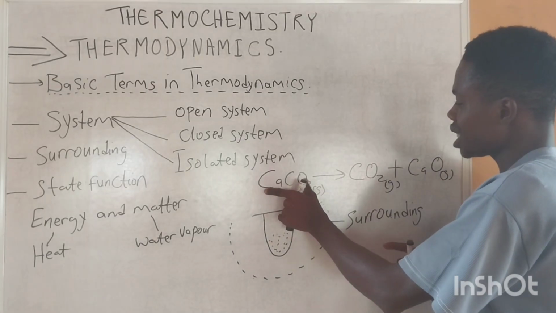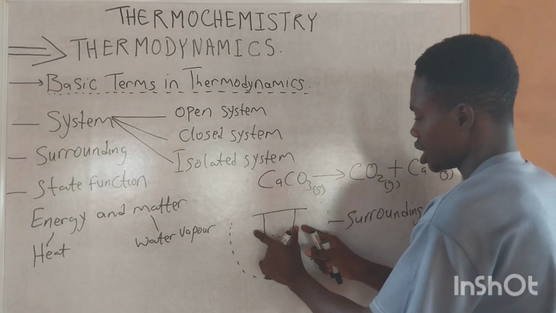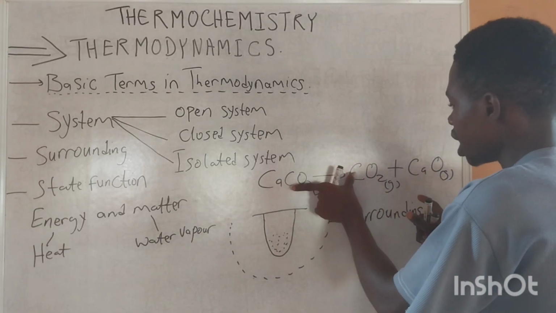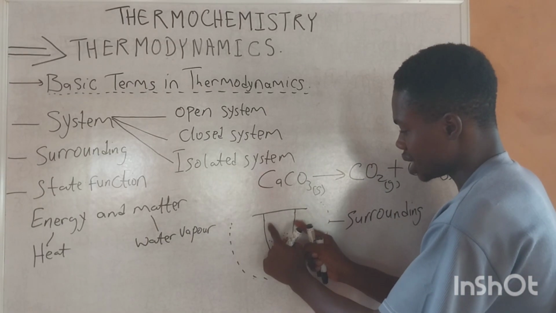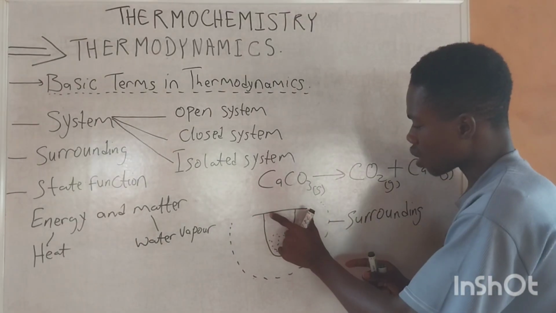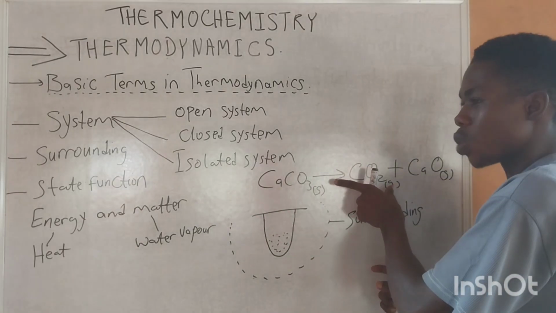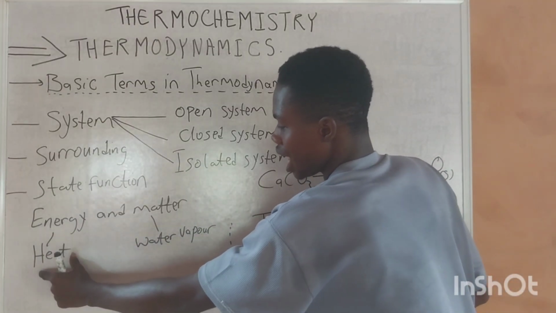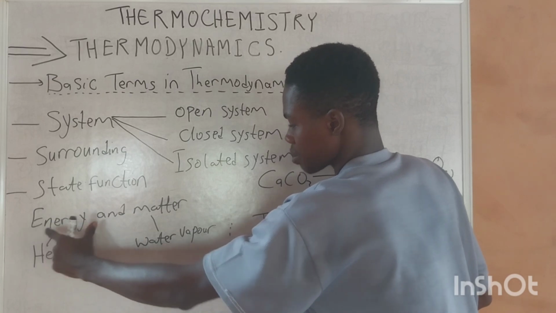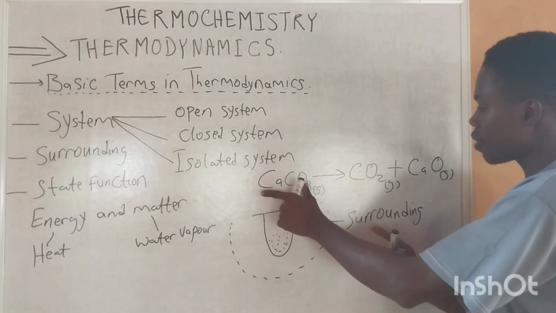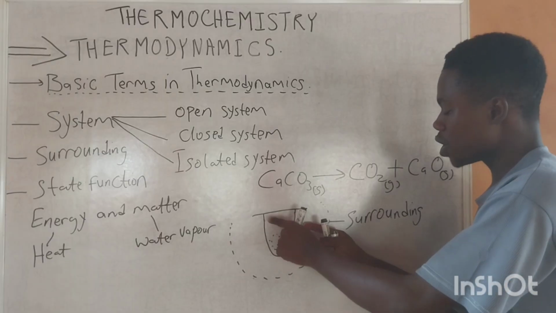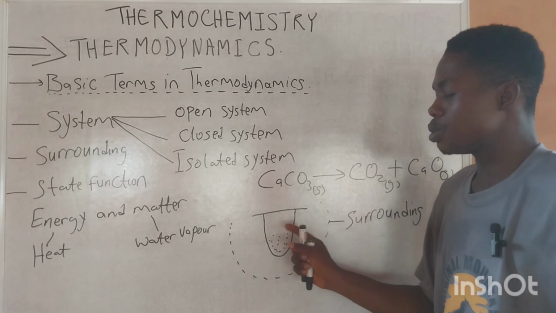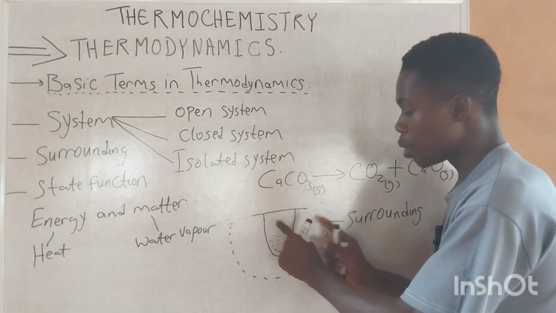Now, just imagine that this reaction is taking place in this system. Let's say this is a beaker, and this closed reaction is taking place in this system right now. Because this system is closed, any of them will not be able to evolve away from this system, except energy. And I said that heat can also take the place of energy. Because this is a closed system, any of them will not be able to evolve from it, because the system is closed, sealed up. But despite the system being sealed up, energy will still be able to evolve from this system into